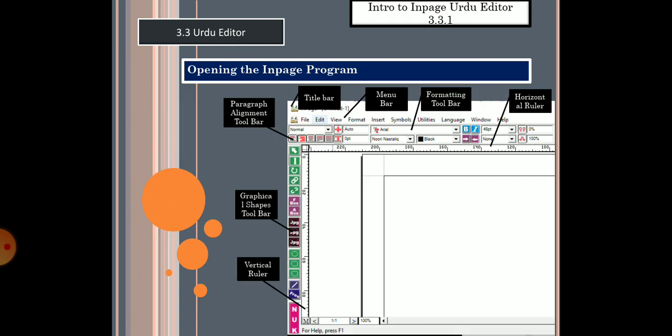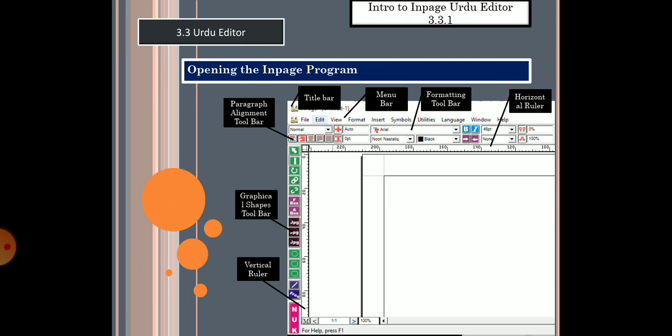Next, let's look at the menu presented by the Urdu in page editing software. Once you install the Urdu in page editor, which can be easily downloaded from the internet or is also available in the form of CDs in the market, and run it, after some prompts where you have to click OK with your mouse, you will be presented with this menu.